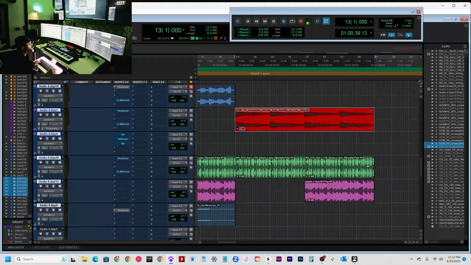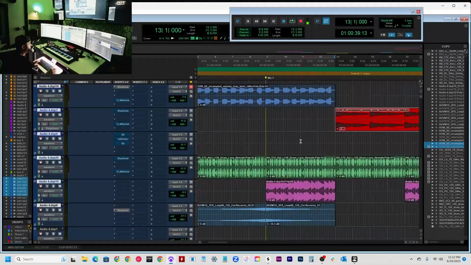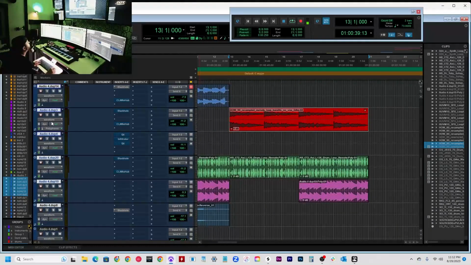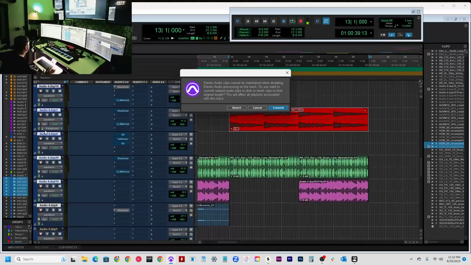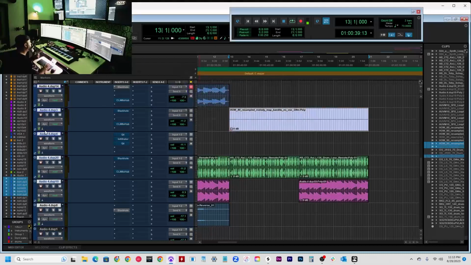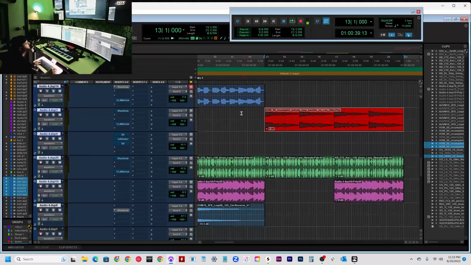All right, look at that. So now everything is on the grid, and so is this one. So now what I'm going to do is go over to the polyphonic and hit none. So I'm going to take it off, but yes, I will commit because I know it's right. So once I've done that,